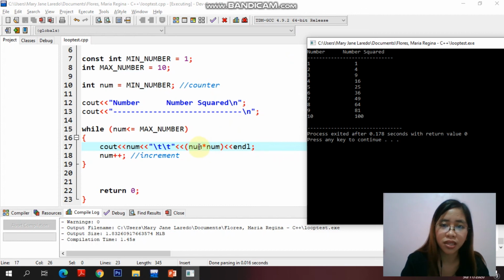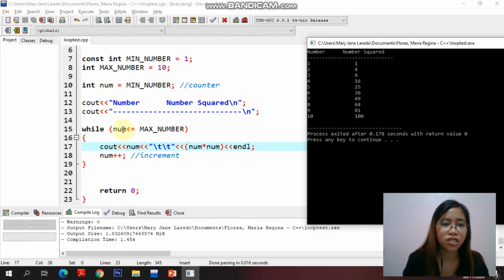So num multiplied by itself. 2 times 2, which means 4. In another increment for the value of num, num is now 3. 3 is less than or equal to 10. That is true. So again, nagdi-display ulit tayo ng value for num, which is now 3. And to get the square, num multiply by itself. Kaya meron tayong 9. And so on.